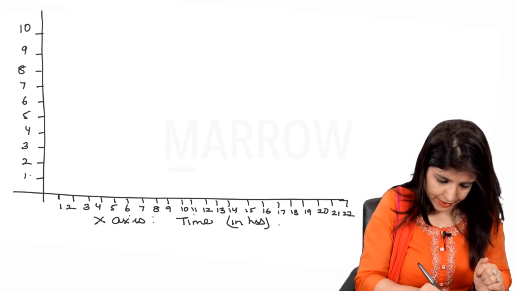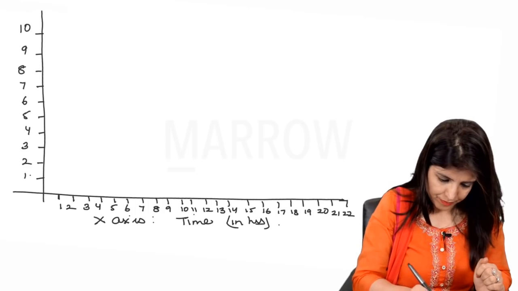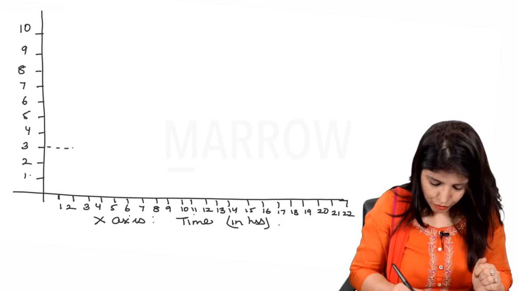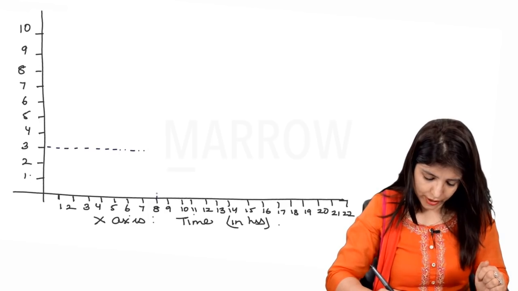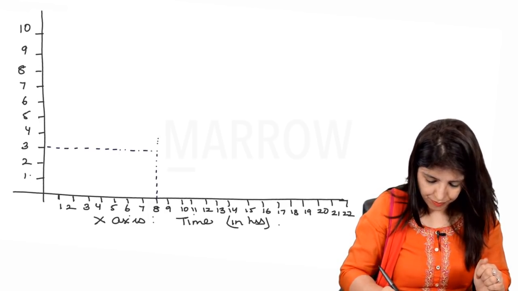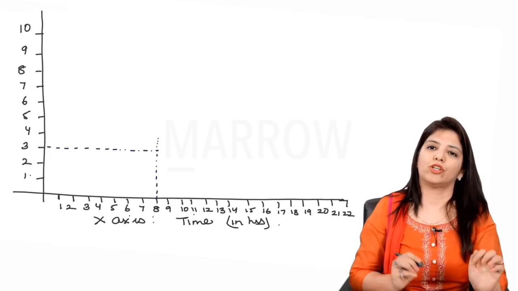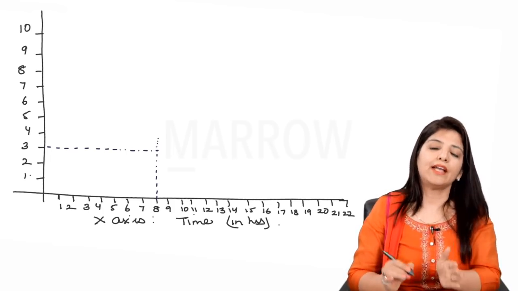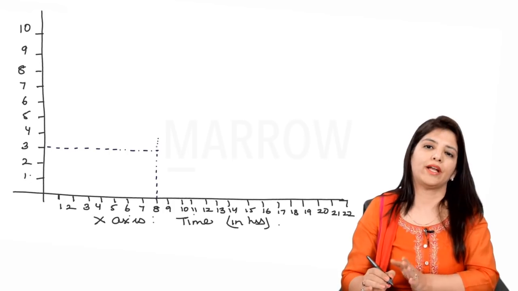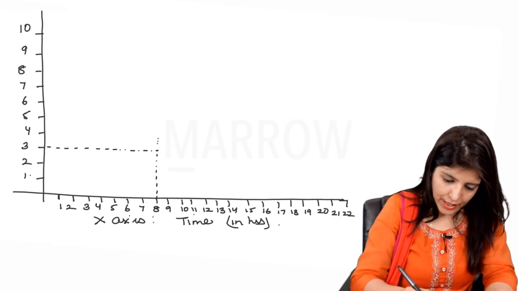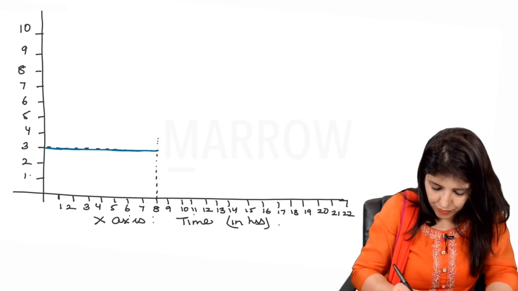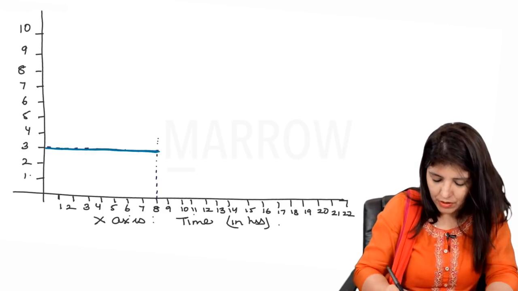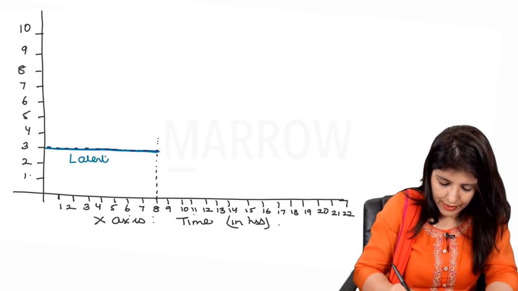First, draw a dotted line from 3 centimeters, right? And draw a dotted line from 8 hours. Like this. So I have drawn a dotted line from 3 centimeters and I have drawn another dotted line going up from 8 hours. Now, this blue line which I have drawn will represent your latent phase,